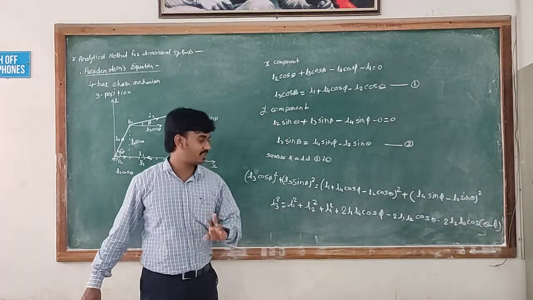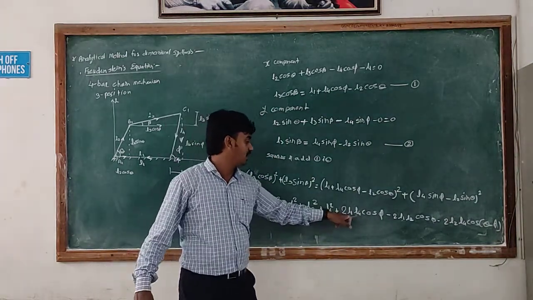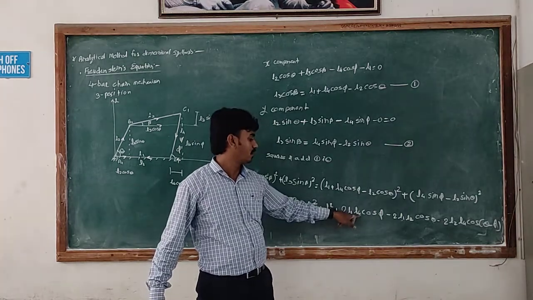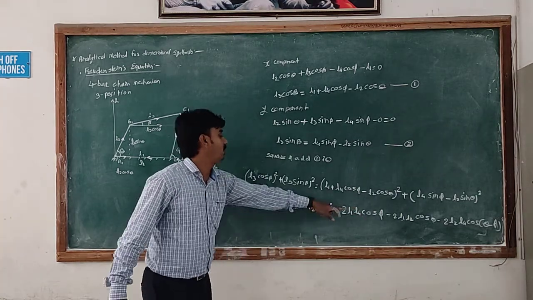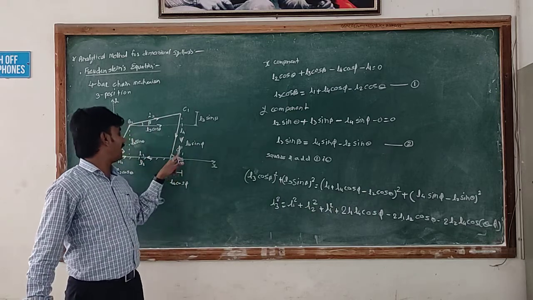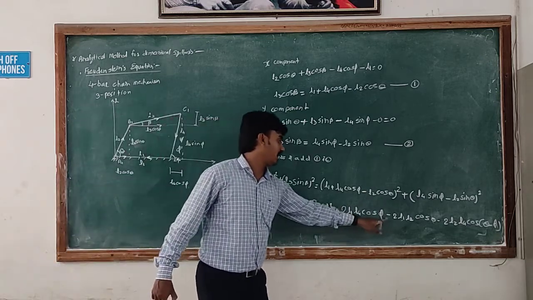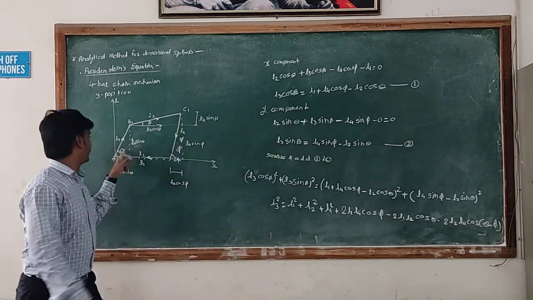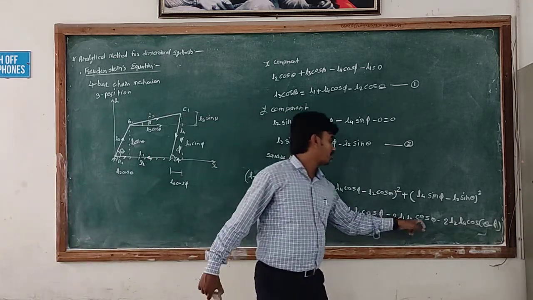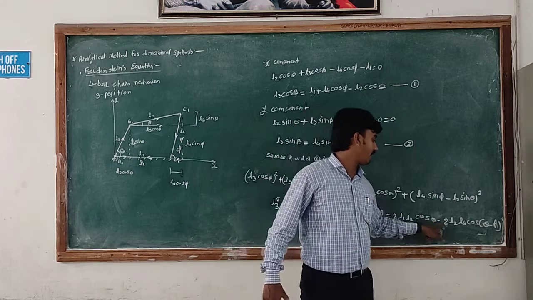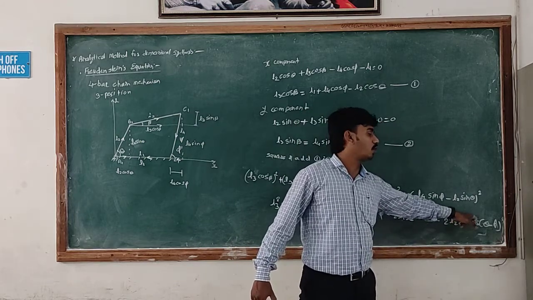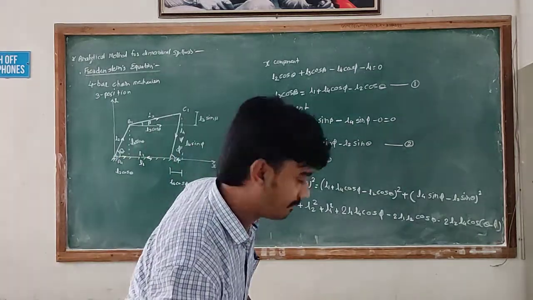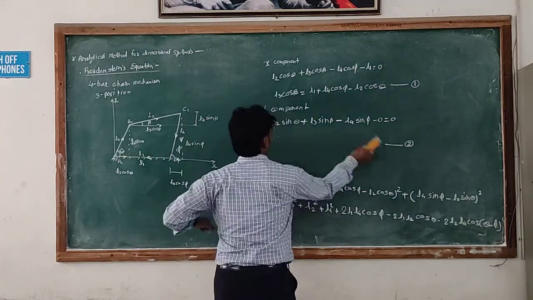How to remember this equation? Here we have 2 L1 L4, and since the angle of L4 is phi, it is cos of phi. Then minus L1 L2: the link L2 makes an angle theta, therefore here is cos of theta. And here minus L2 L4 cos of theta minus phi. Okay. Now we again simplify this equation,